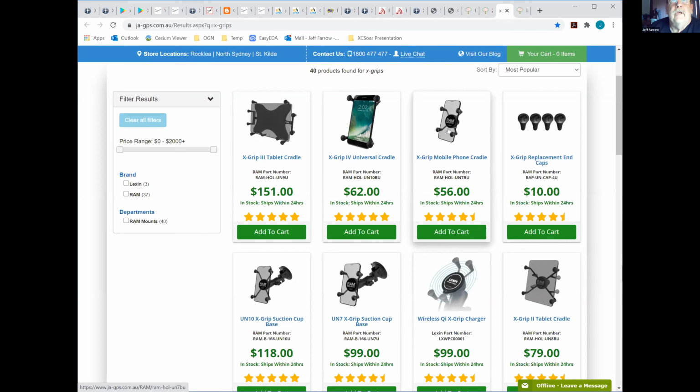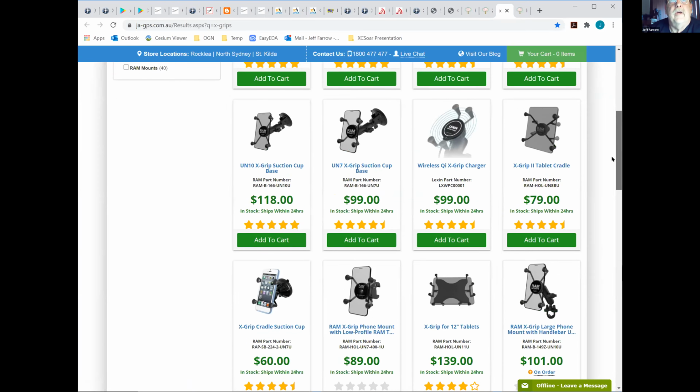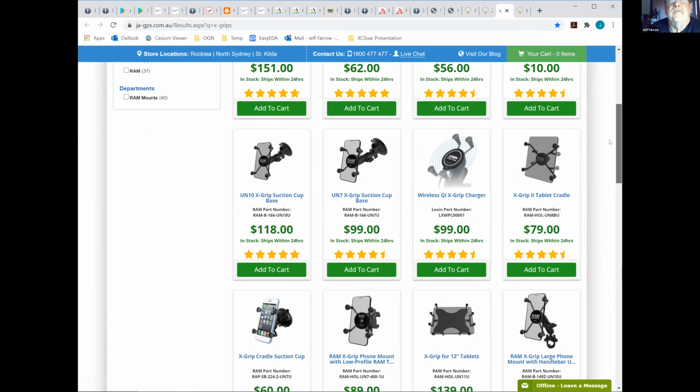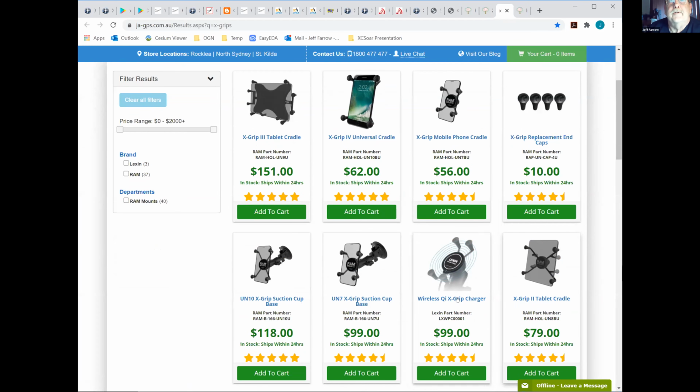They come in various sizes, up to and including your Samsung tabs or your Lenovo tabs if you're flying with something that size. Some of them even have Qi chargers in them like that. I'm not sure whether that type of charger would cause interference with instruments. It's an inductive charger, so they're well shielded, but I'm not sure that I'd encourage people. You can try it.